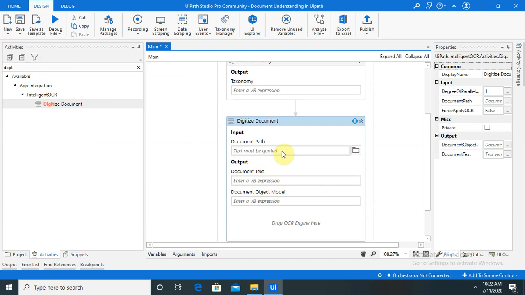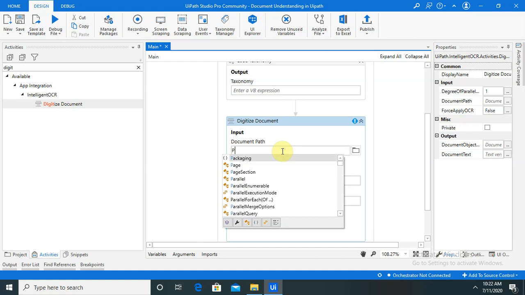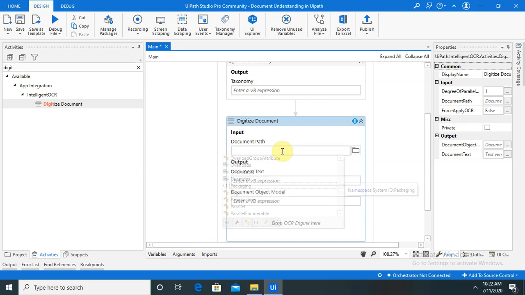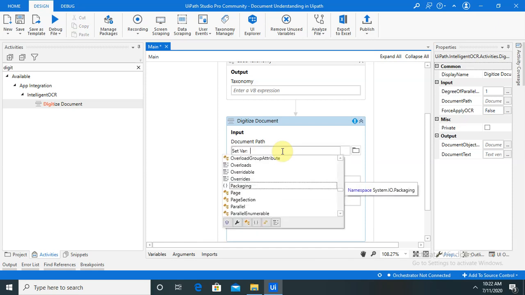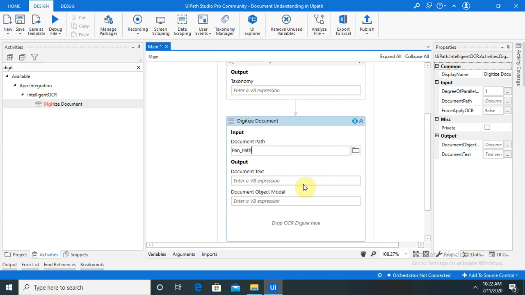You can see here we need to provide the path. I am going to create one variable and assign the path. The path I am providing here is named pan path. Done. Next, I will need the document text.